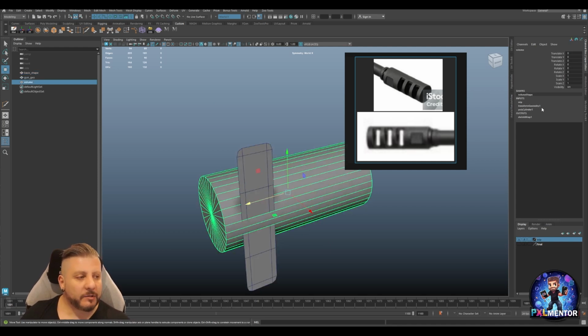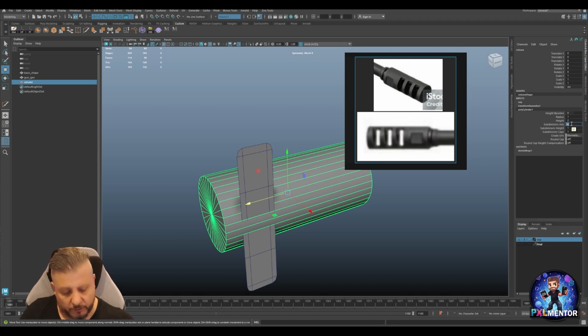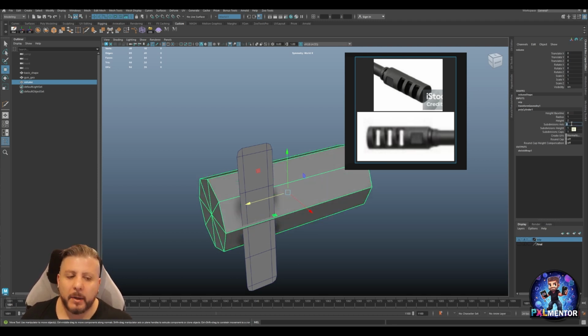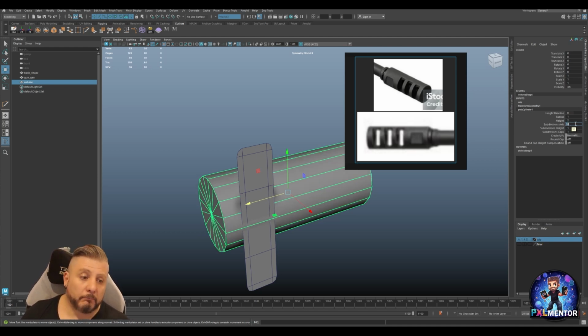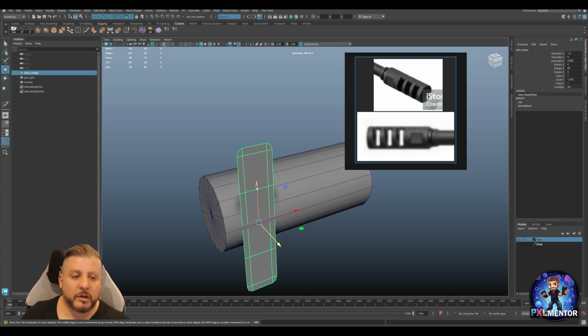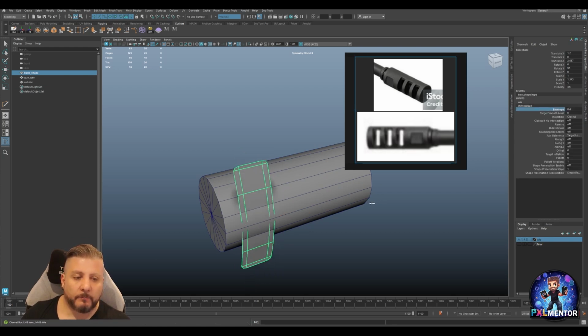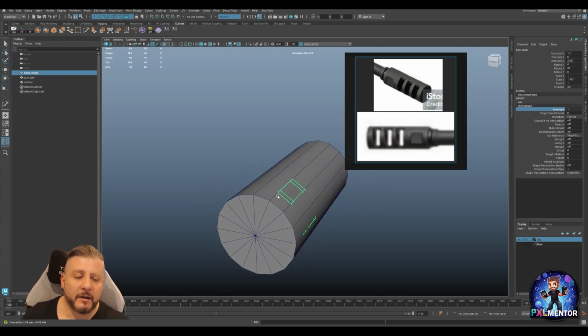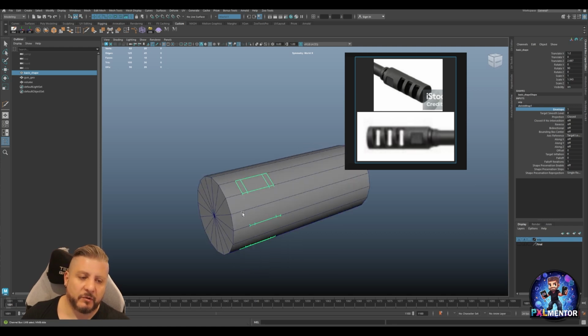When it comes to cylindrical shapes, I tend to stay on a multiple of 4. Usually I start with 8, which is the very basic cylindrical shape that I use, or 16. In this case, when I project this object on top of my cylinder and do the envelope, the reason I do this is that I want to understand right away if the subdivisions are enough. I can see right away that the subdivisions of the cylinder are probably not going to be enough to have the necessary topology for all the